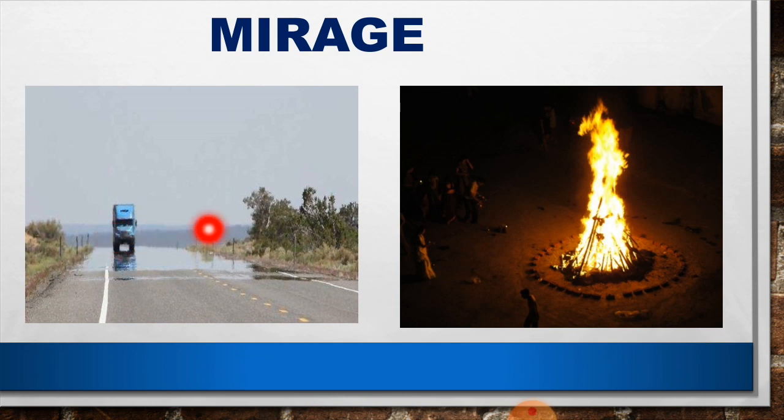Students, have you ever seen this kind of situation where you can see the appearance of water? This is the appearance of water on a hot road, especially in the summer or in a desert region like Rajasthan, when the temperature is very high. Here you can see the appearance of water, but actually the water is not there on the road. You can just see its appearance. I hope you have observed this sometime in your life.